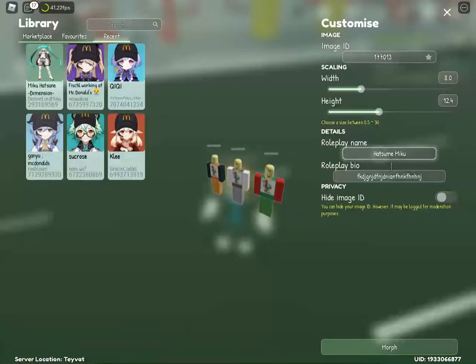The roleplay name changes the name of your character you want to morph to. Like, for example, I've already set one from before, but let me change it to a different one, like this. And the bio is the roleplay bio, which changes the bio that is under your roleplay name, kind of like the about me section. Like, for example,